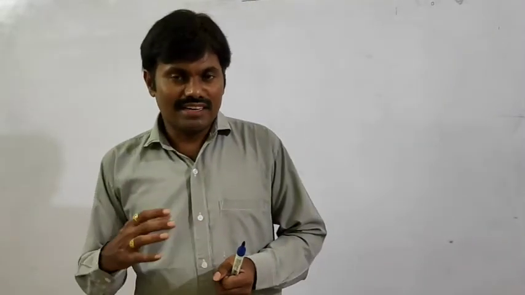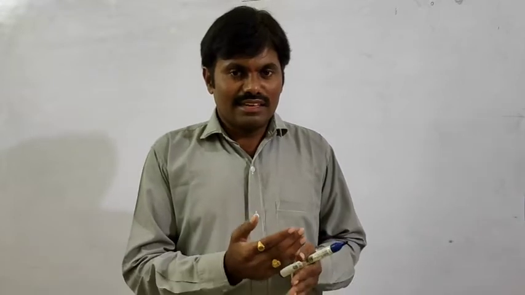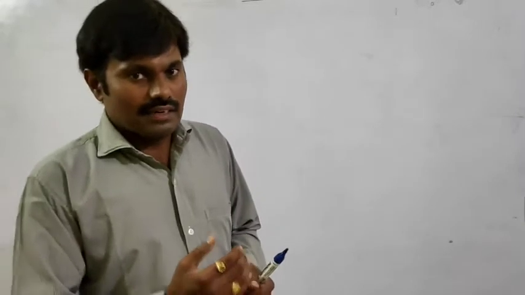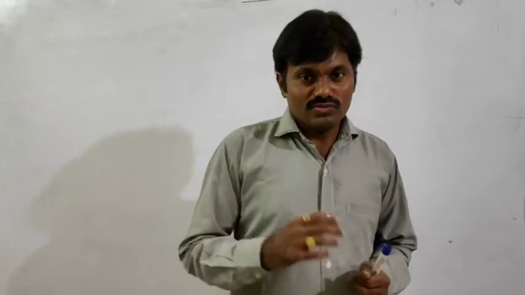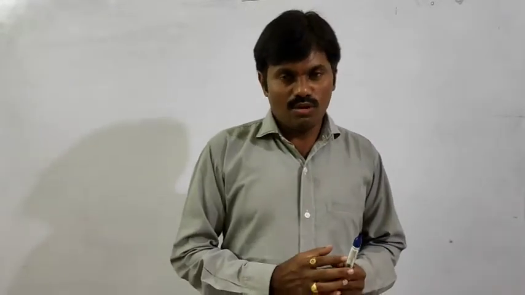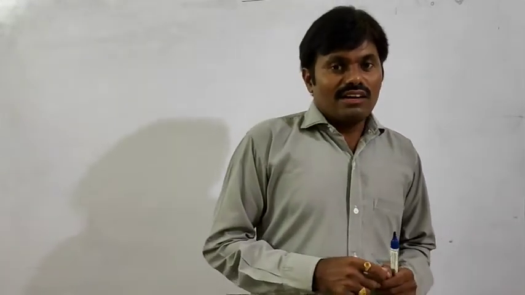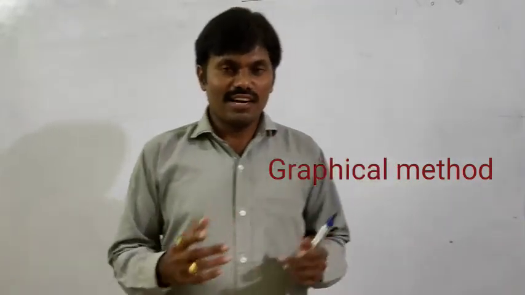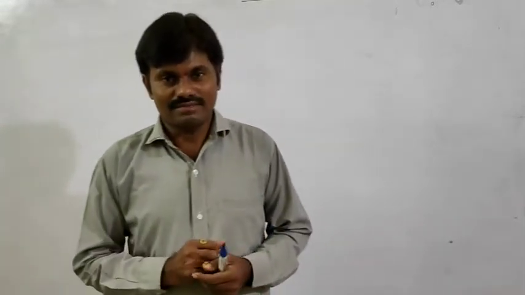Already we have learned this in 8th class, and in 9th class we found the zeros of such types of quadratic polynomials. But now in this class, in 10th class, we are going to find the zeros of a quadratic polynomial in a different way. What is that method? Yes, we are going to draw the graph of the quadratic polynomial. By drawing the graph of a quadratic polynomial, we are going to find out the zeros of a particular polynomial.